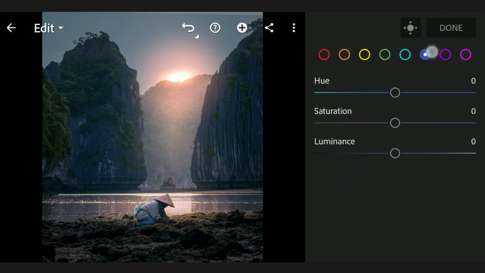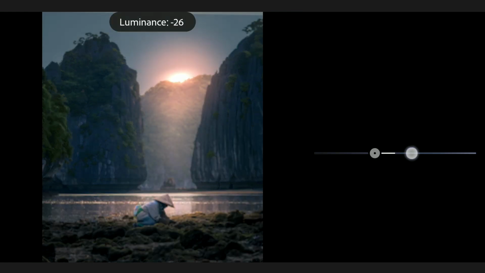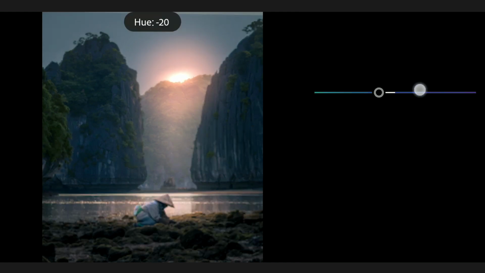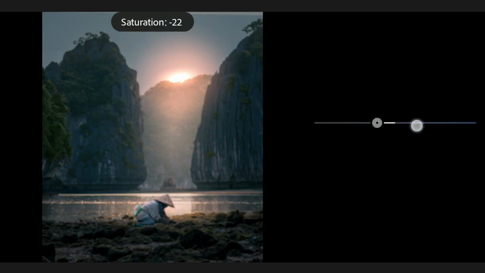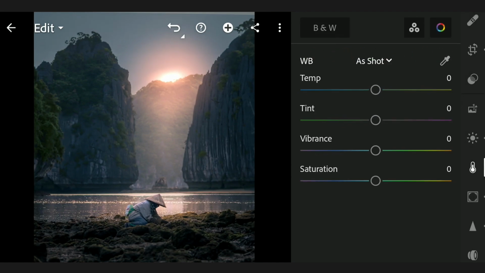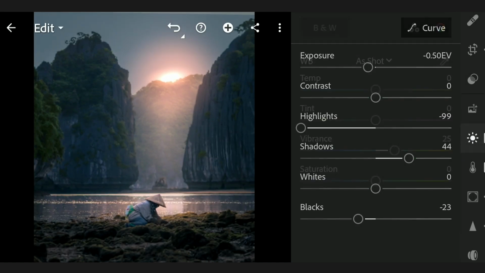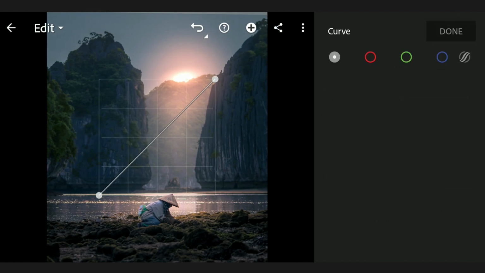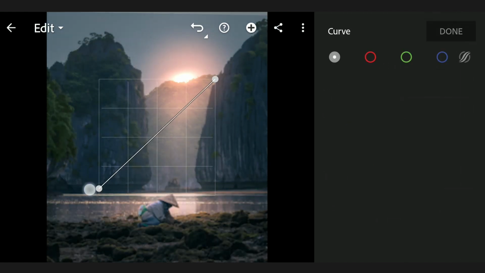Tuning the blues a bit in the HSL sliders. Adding a bit more vibrance. Going to curves for overall tuning of contrast.